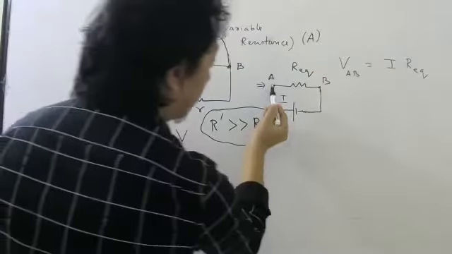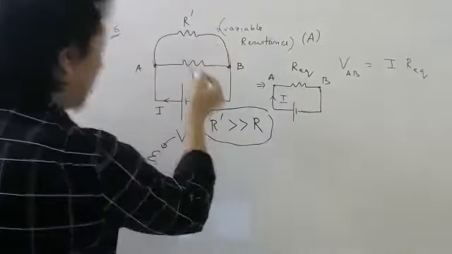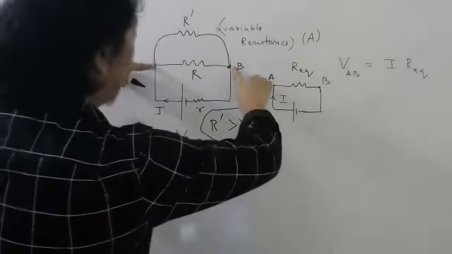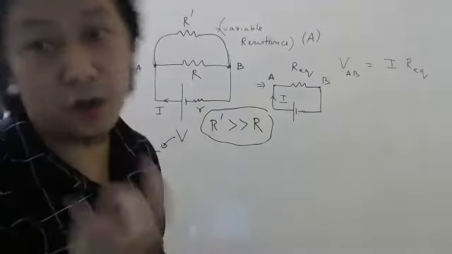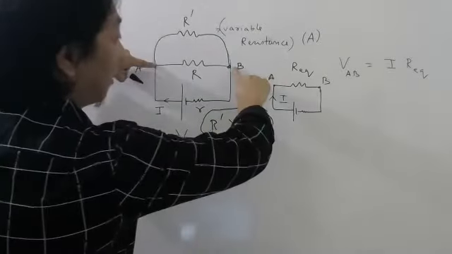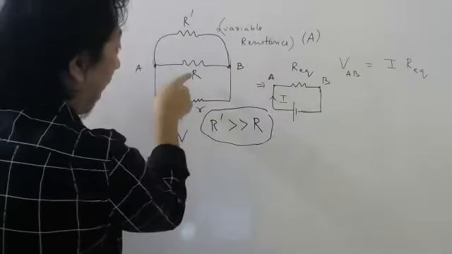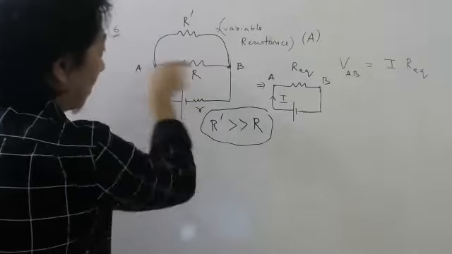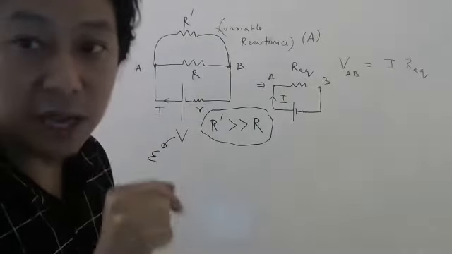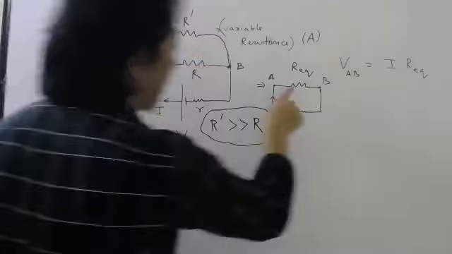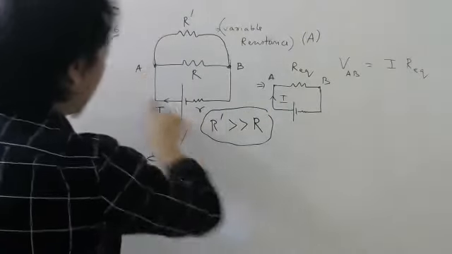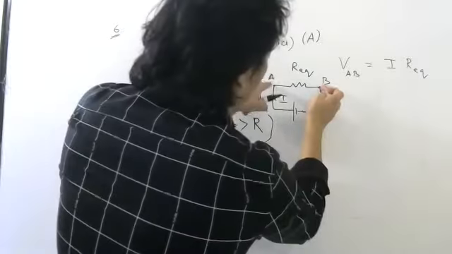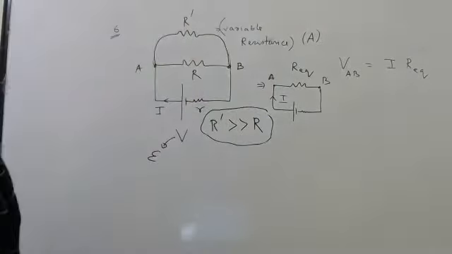And what is resistance between A and B? This parallel with this. Okay, let me again explain. I want voltage between these two to check whether it is constant or not constant. I have to find voltage here. To find voltage here, you have to write I into this R. But to know the current here, I have to divide this current, which I don't want to do. Instead, I'm replacing these two by equivalent. And then I know this current will go directly here. So to find this voltage, I will use I into R equivalent.